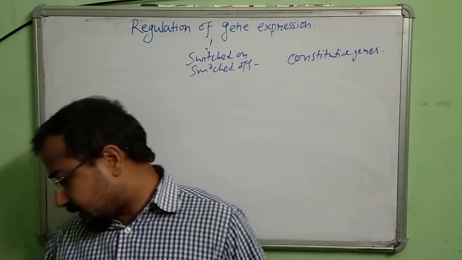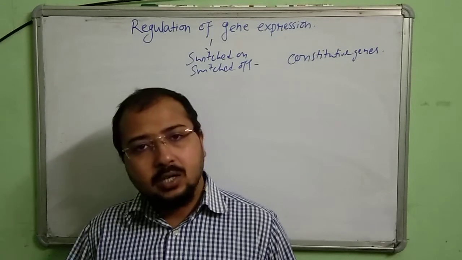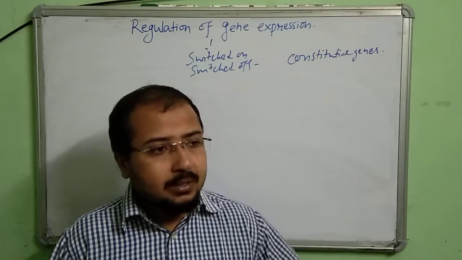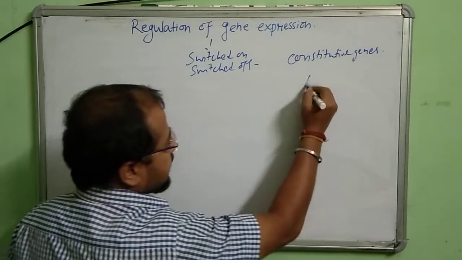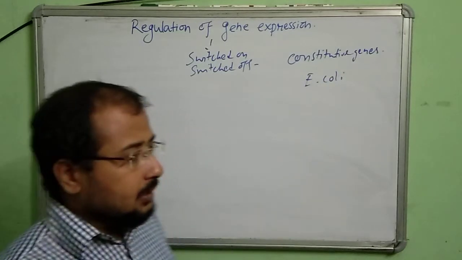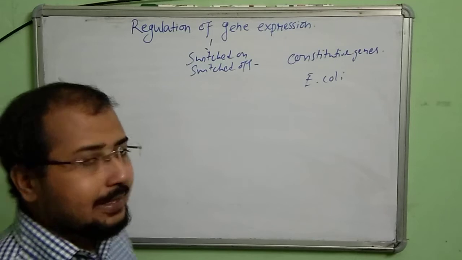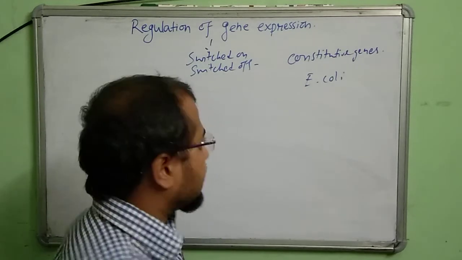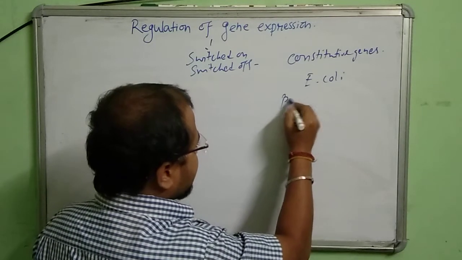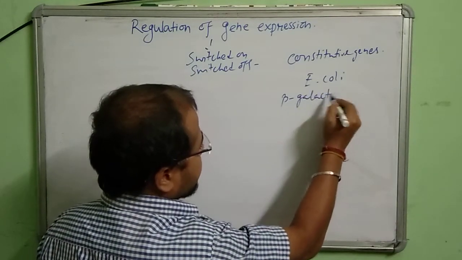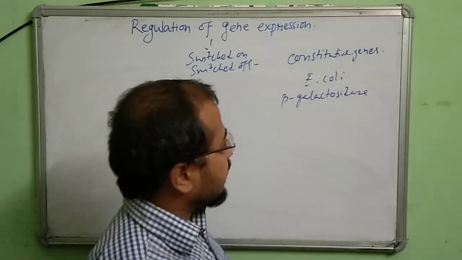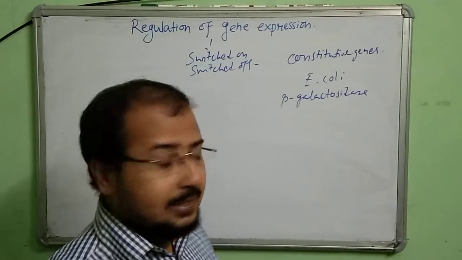I can give an example from one of my books, of how these genes function. For example, in the bacteria E. coli, Escherichia coli, there is a specific enzyme which is required. Let me name the enzyme. It is beta galactosidase, for example. Beta galactosidase enzyme is produced in the E. coli bacteria